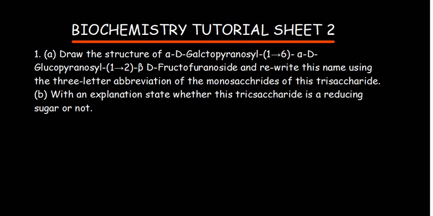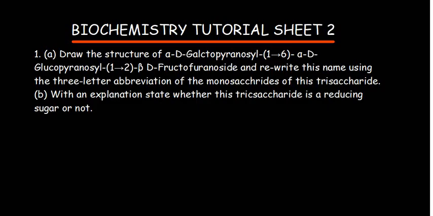Today I want to see how we can jump to tutorial sheet 2 because we already dealt with the first questions under biochemistry. So we want to see how we can look at the components of carbohydrates, monosaccharides, disaccharides, and different parts of carbohydrates. So I'll start with the first question that is saying, draw the structure of the alpha